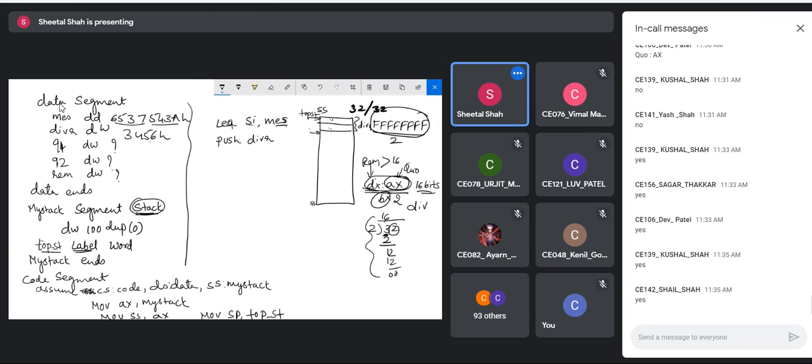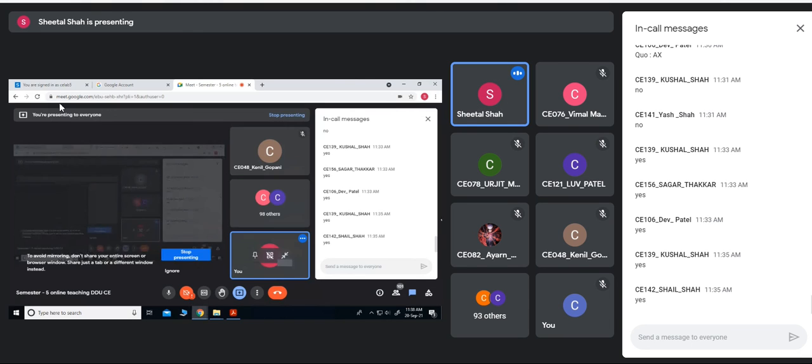Now the next, DS colon SI. As we know that this 6537543A is there, how would it be placed into the data segment? Since it is a double word, how would it be placed?